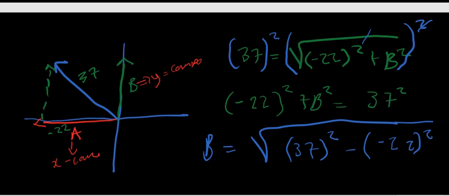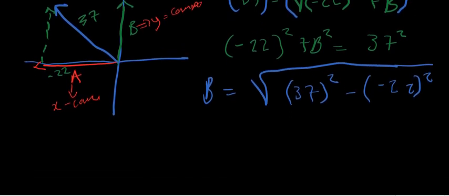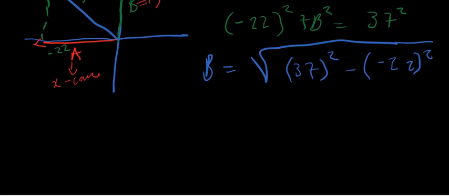So that's what you are going to have when you make b the subject of the formula. So when you work it out, you say 37 squared minus negative 22 squared, you're going to have 29.748